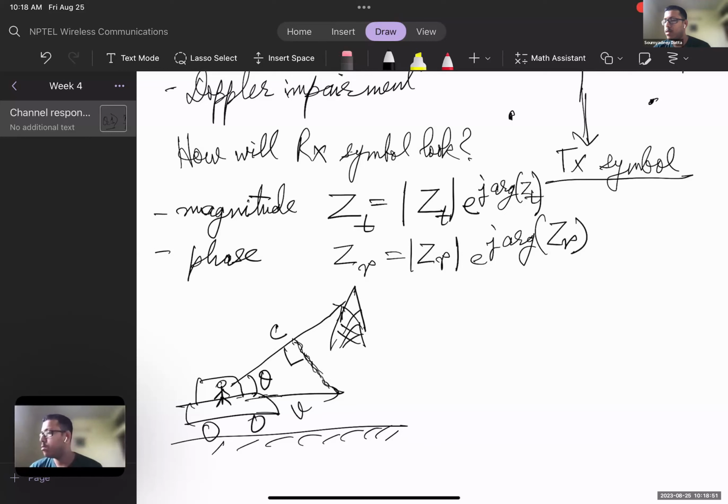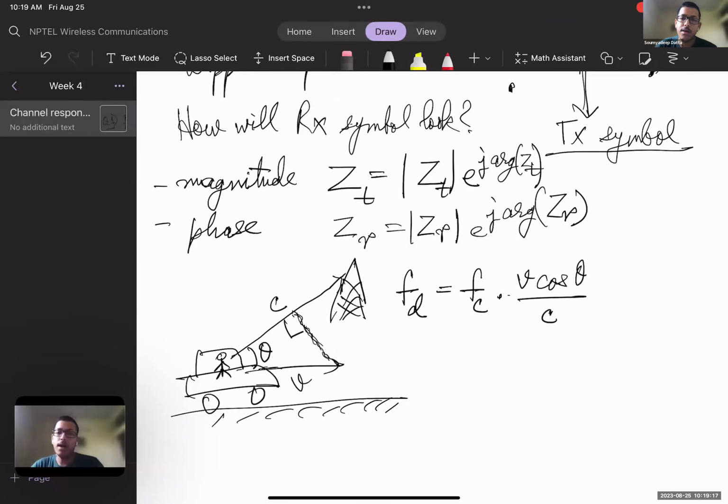So that is how the Doppler frequency, or the Doppler shift, is calculated. It is the carrier frequency fc times the component of the velocity in the direction of transmission, which is v cos theta, divided by c, right? So this is what happens. The frequency of the signal is increased or decreased by this value, right? So the effective frequency becomes something like